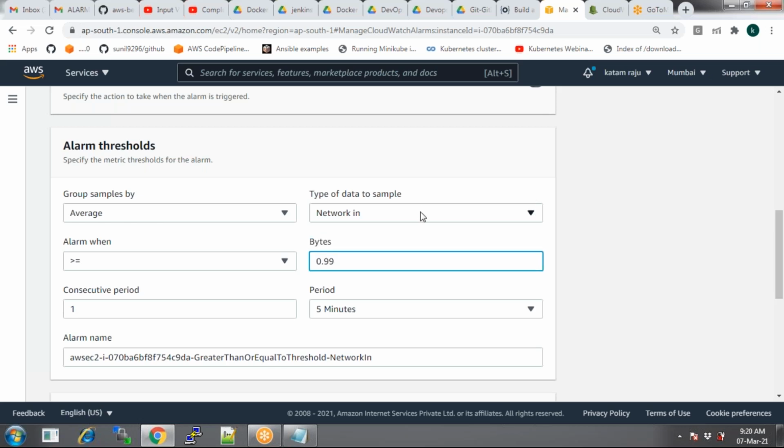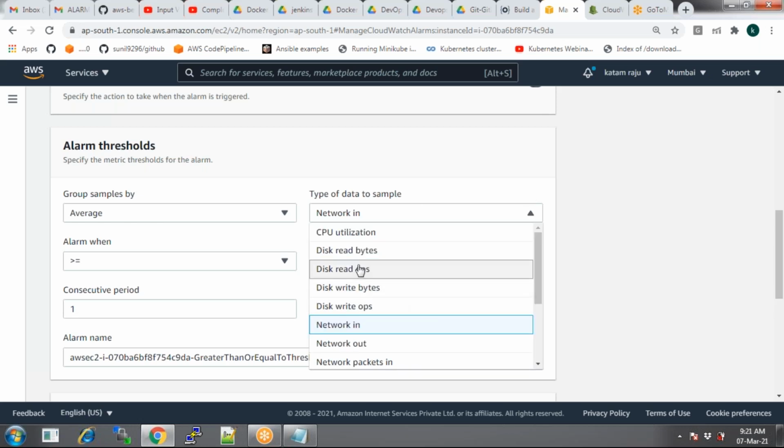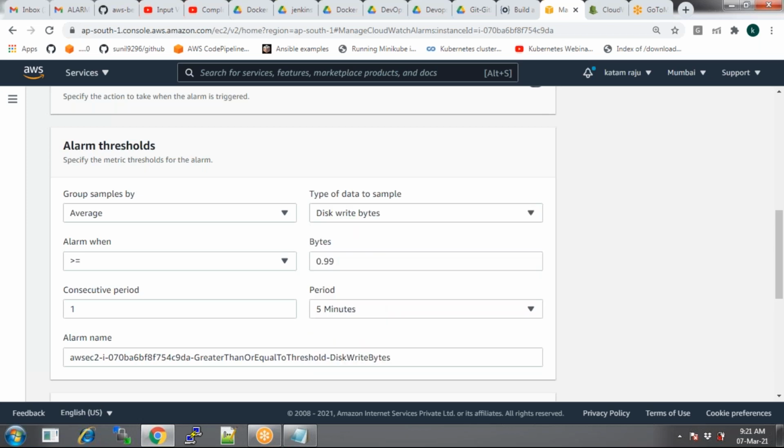Then we also have disk read and write operations. Specially we set up these read and write operations for database purposes. If my database is doing a number of write operations, or a number of read operations, databases do read and write operations. What do you mean by write?